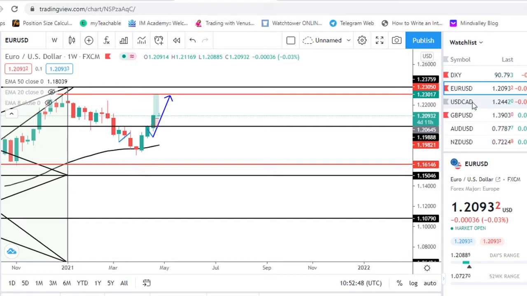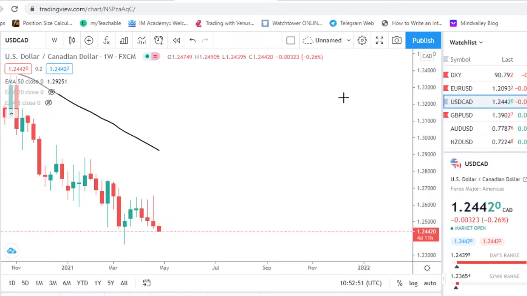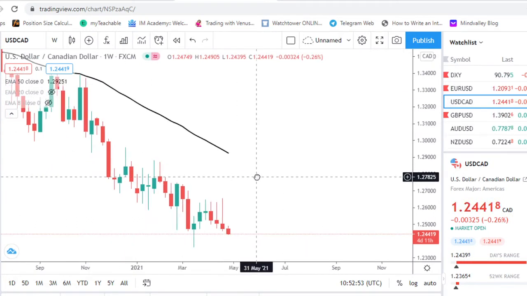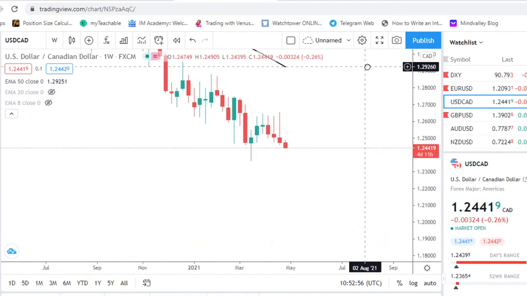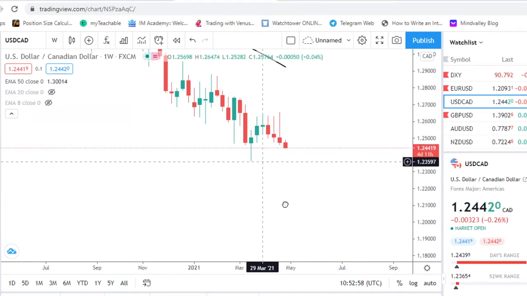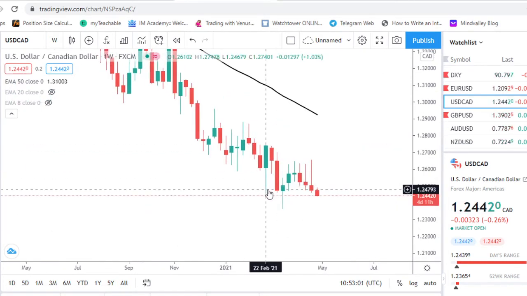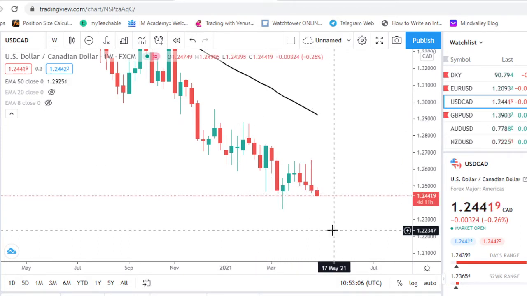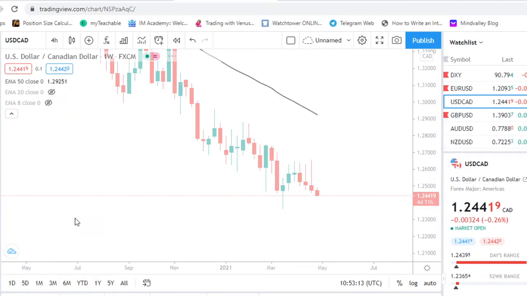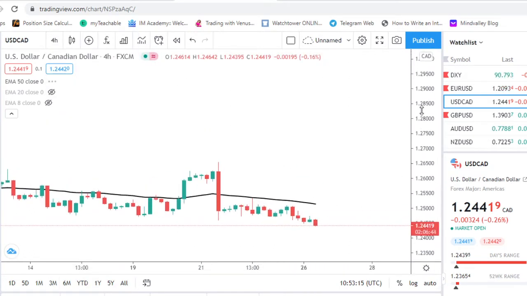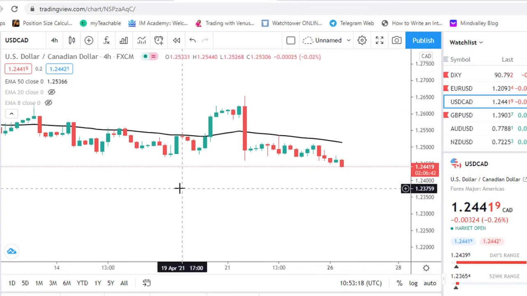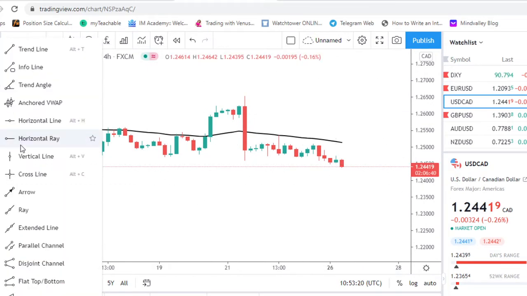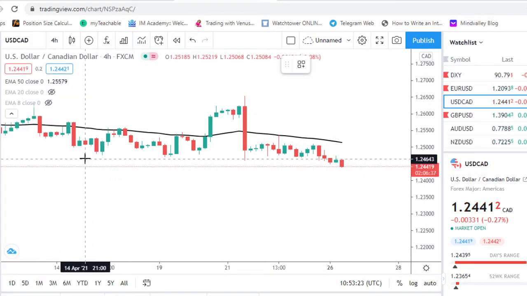and then we move on to US dollar, Canadian dollar, and it is bearish. Last week candle closed bearish with a wick above the candle that closed last week. So our bias remains bearish, and we have this week candle pushing down already, and so we are also going to remain bearish with it. And when we say bearish, it means that we are looking for opportunity for sell. All right, so you may want to put in your entry rules and know exactly when you want to get in.